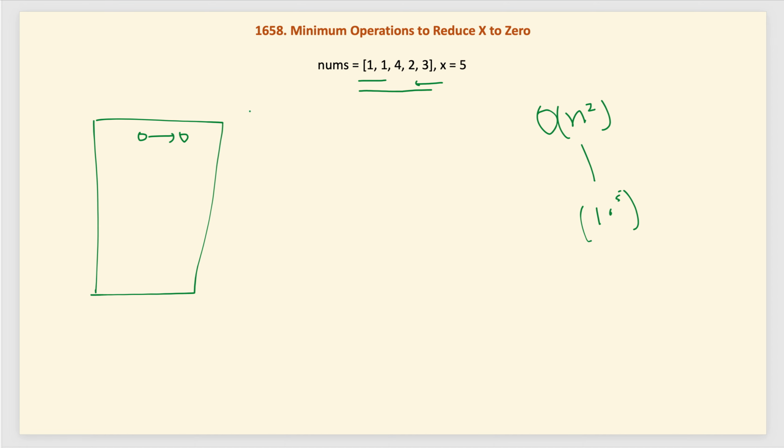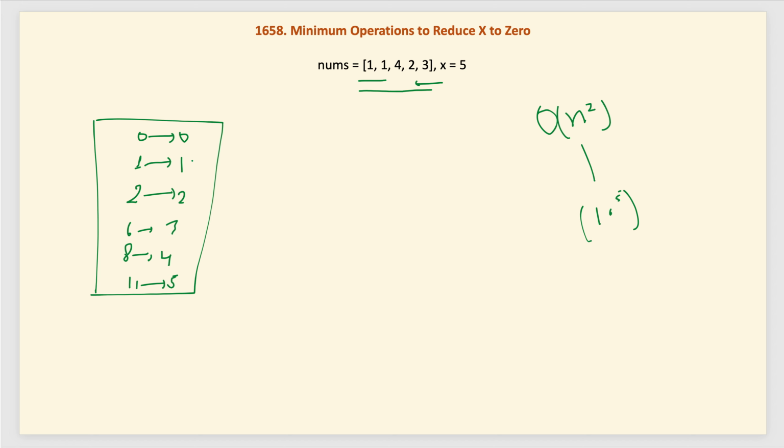So, this is 0, then the first element sum is 1 and the index is 1. So, till 1 we have 1 on the left side, then it becomes 2 and the index is 2, then it becomes 6 and the index is 3, and so on. We create a prefix sum map here with the sum and the corresponding index. So, this will become 8 and 4, and last is 11 and 5.